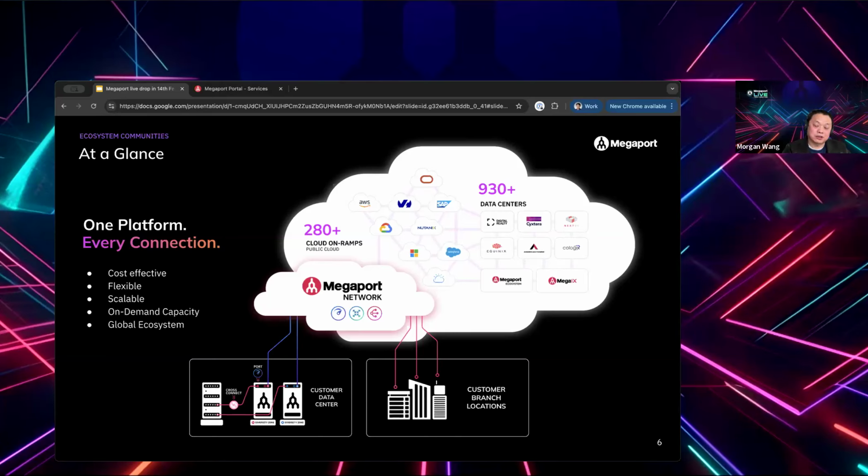Across those 1,000 data centers, we are in 26 different countries, and we interconnect with public cloud providers on over 300 on-ramp locations now. We have interconnected those 1,000 data centers and control them with our software-defined control plane.